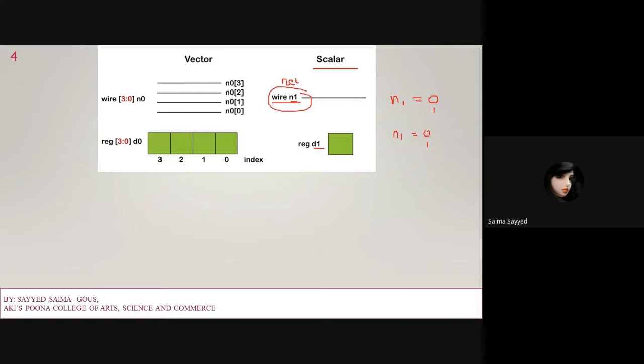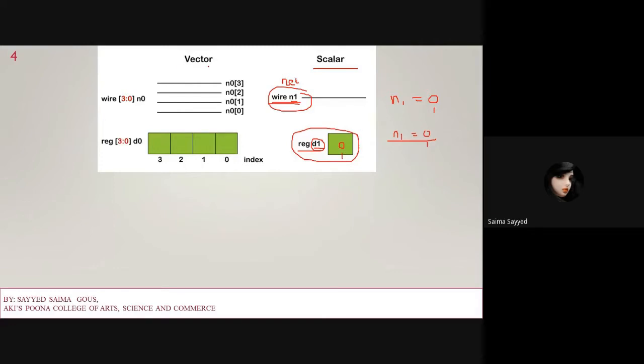Here a register means it stores the data. If it is 0, it gets stored in memory as 0. If it is 1, it gets stored as 1. So this is called a scalar. The wire just shows the connection, while the register stores the data, whatever the value is in N1 or D1. So they are called scalars.